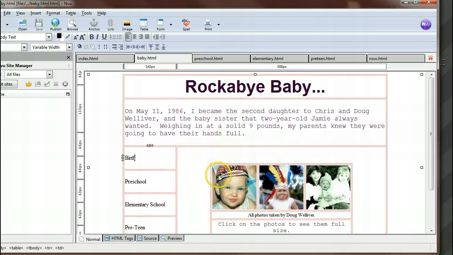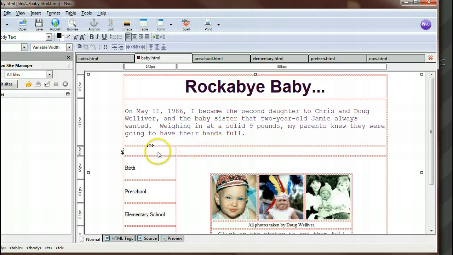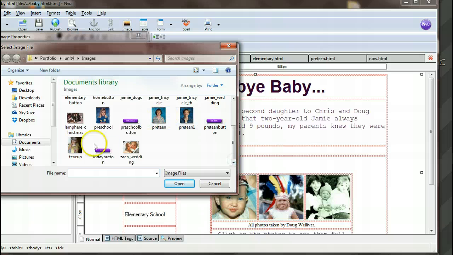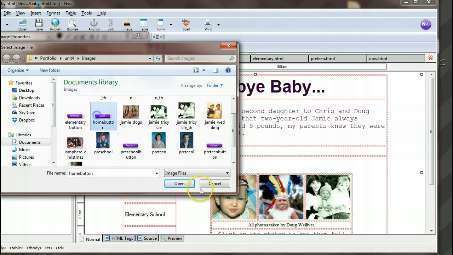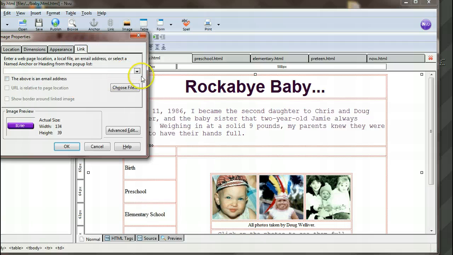So this is my baby page. I need to add a cell above my birth button. So I'm going to click into this cell. Let's go to Table, Insert, Row Above, and I'm going to add my home button right in here. So now I'm going to do the same thing where I went through and put in my buttons. Find my home button, open, alternative text, home button, link this back to